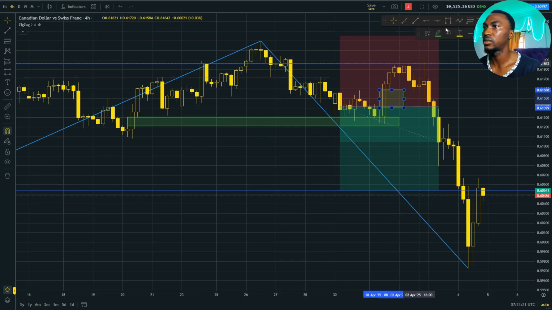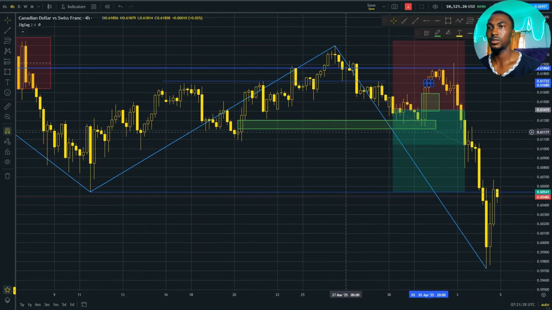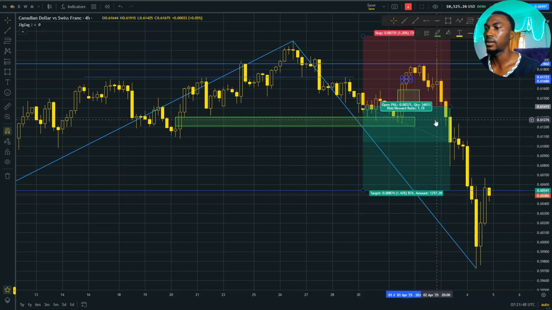This was a clear show of strength that the Canadian dollar was stronger than the Swiss franc, right? Way more stronger. And what do you do in this case? You cut your losses, right? You cut your losses, and I decided, okay, I woke up the next morning, I saw all of this, and I was like, I don't think it's going to be a good move for me to stay in this trade. And then I walked out of it, right? I walked out of it